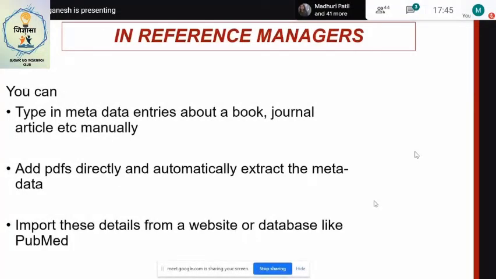And if you do web browsing or search a database like PubMed, you can import a large number of results directly into reference managers. So just imagine the time you save compared to our generation, which wrote down with pen and paper on a catalog card, on a 5x3 card. So today, a lot of this is in a jiffy, except for the time you need to invest in learning how to use one. It takes a little bit of time, but it's certainly not rocket science, something which you must invest and learn for your entire career.